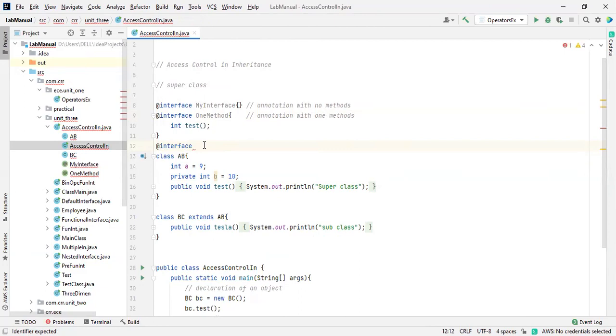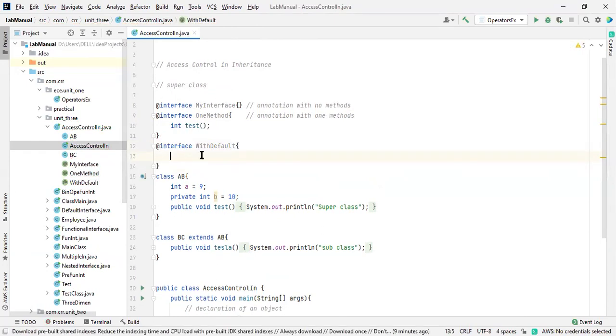With the default, I'm going to take the name as default. Don't you think the default, in the sense that it consists of default methods and all? So this is how a default value is available inside an annotation. I'm going to take the default value of a method. So this is int test, and in the test we are having a default 0. This is how we declare a default. This is a keyword. Let me teach you that.